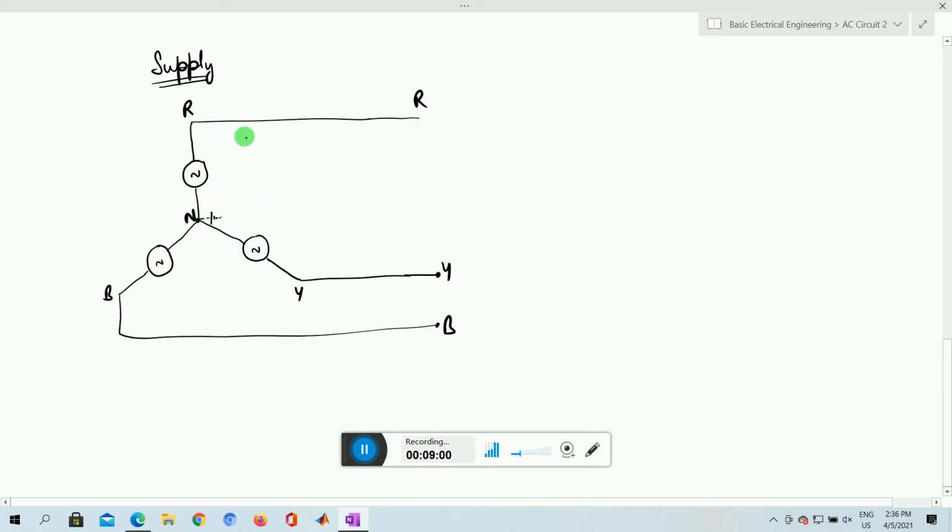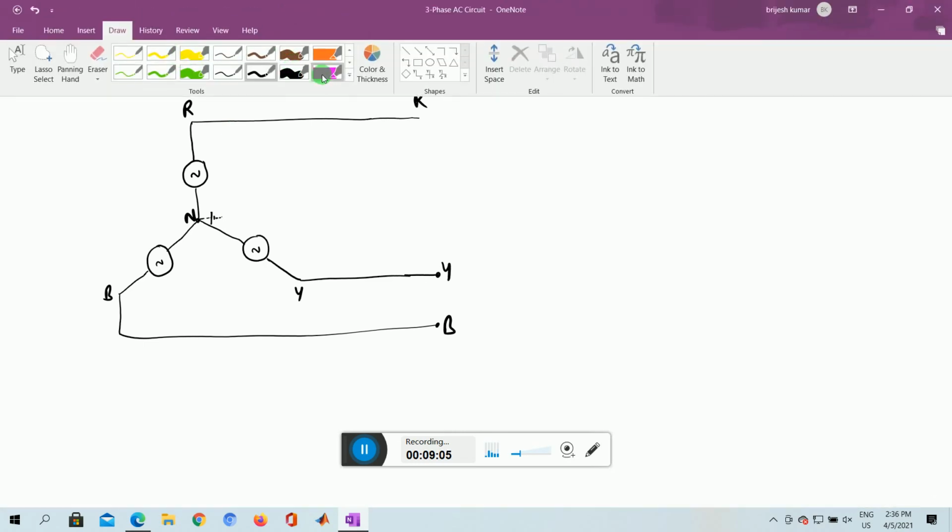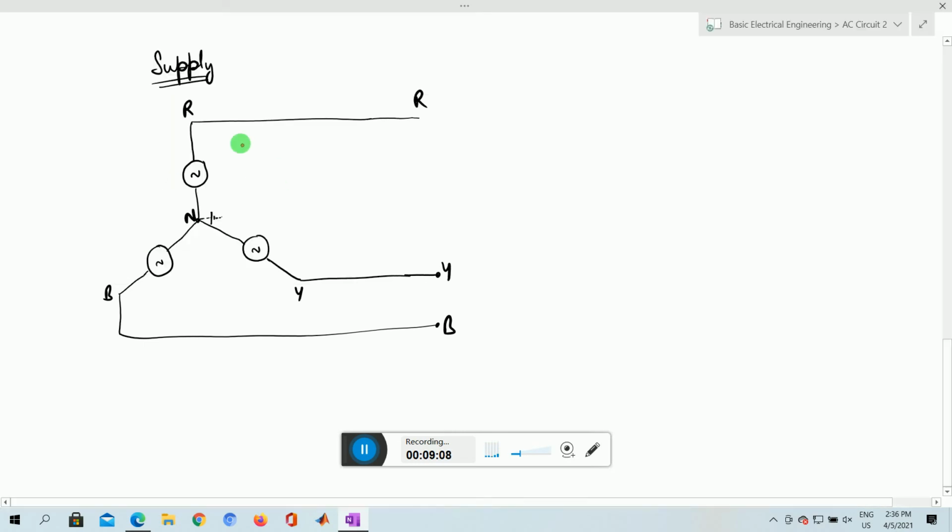Now what is the voltage across RN? We can say this is the voltage across RN. We can take another pen and denote it. So the voltage across R and N, we can say this is VRN, the phase voltage. This can be a small n or a capital N; let us write it in small n, so that VRN is the phase voltage. Here we have another voltage, called VYN. When we say phase, it is actually the voltage across the terminals Y and N. And this is across VBN.